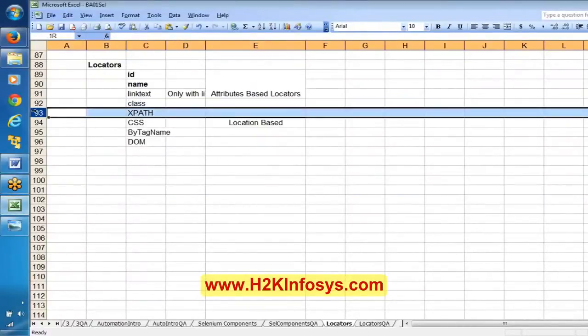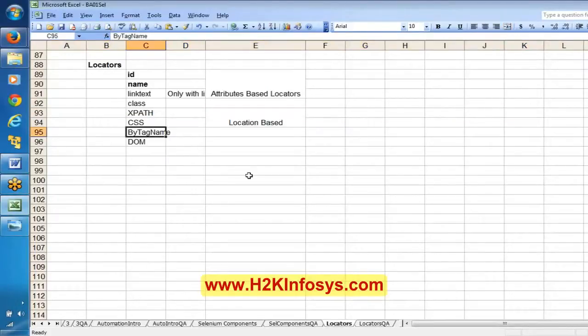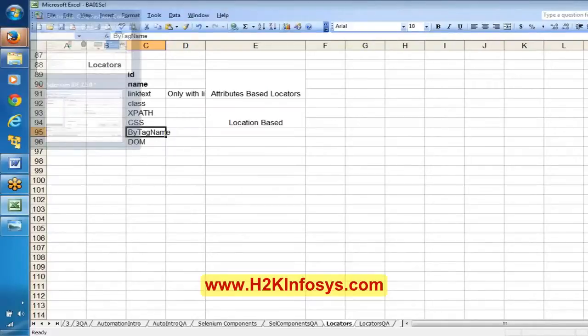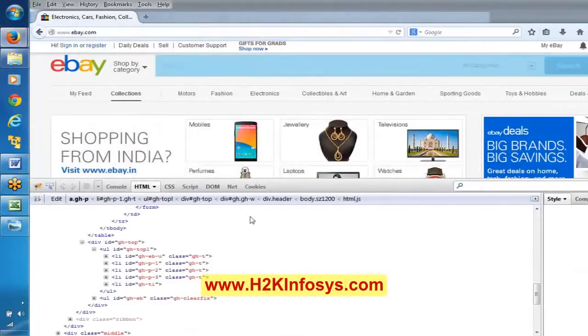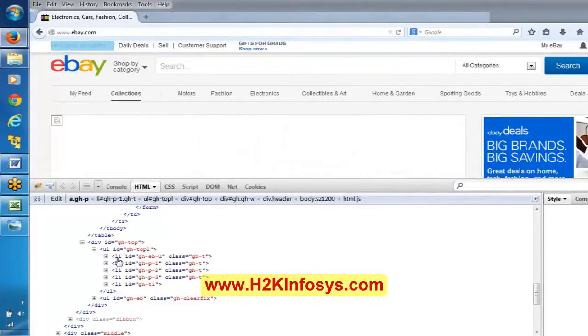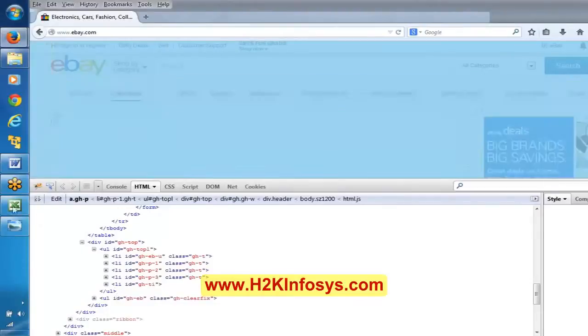Okay, yes, we use XPath if you are not able to identify the object by using these things. In a similar way, there is something called by tag name. By tag name means, as we have been understanding HTML tags, right? Sometimes we can even recognize the objects by using these tags, li for example. Li is the HTML tag here. There will be some cases, but these are very rare cases.